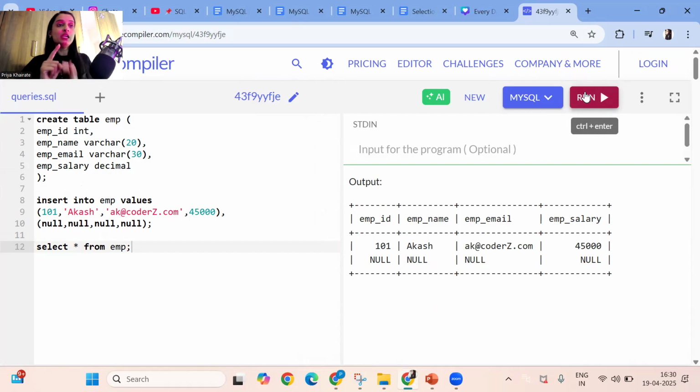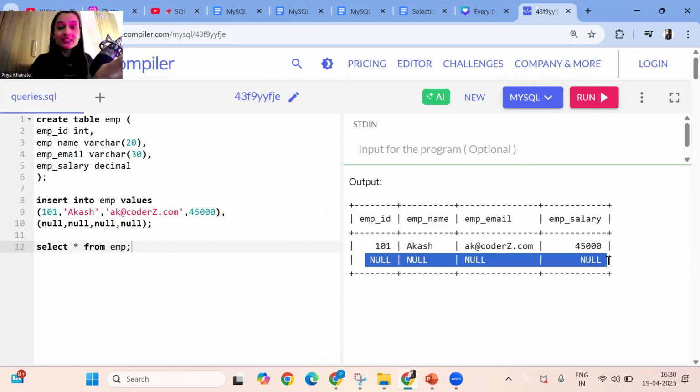What we did is, we collected the data and organized it very properly into a tabular structure, correct? But whatever data we have collected and organized, is that valid data? No. Because check the second row. What is this null, null, null? What is the use of this data? No use.